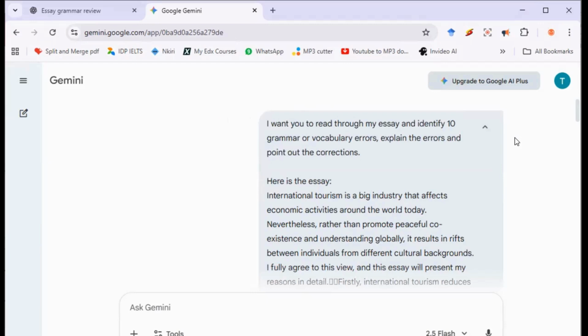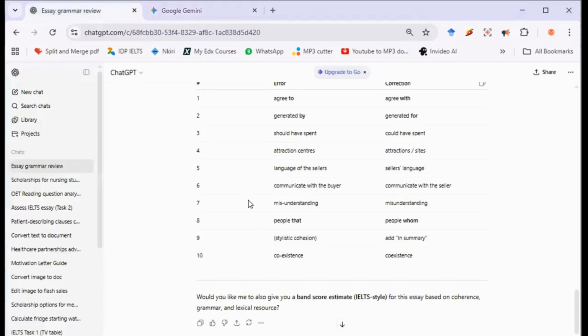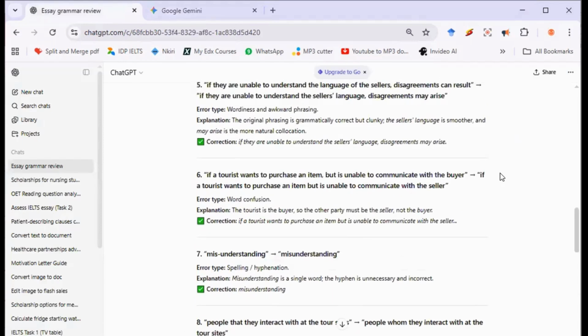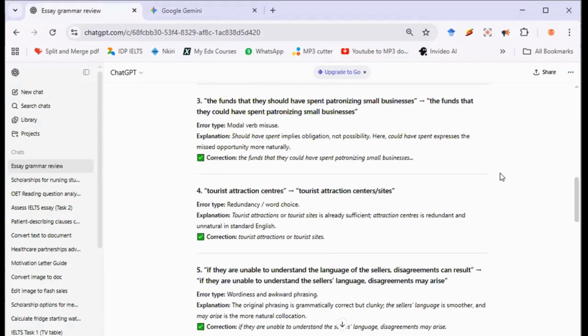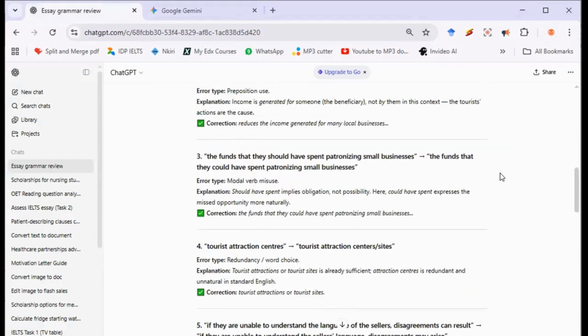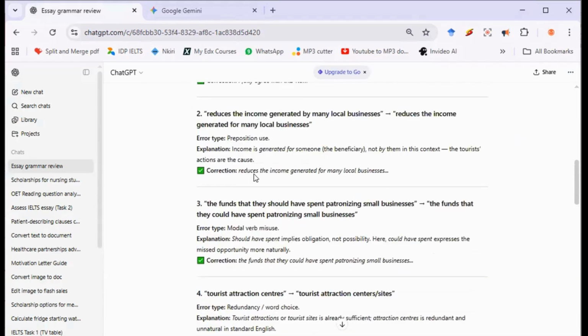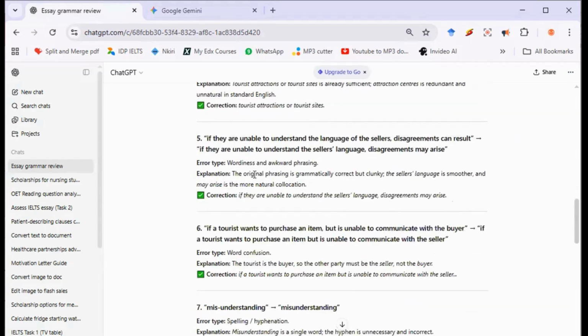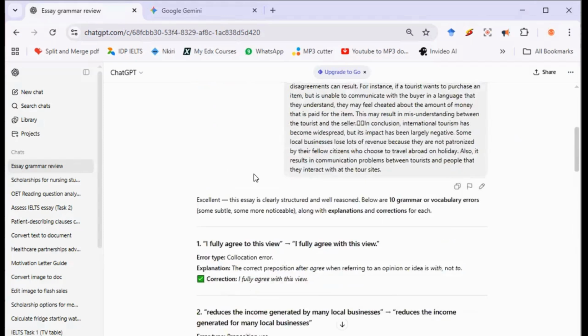So I think I prefer the way ChatGPT wrote it out. This way looks more, Abi, what do you think? Or what do you think, Uchechi? The ChatGPT looks more organized. Yeah, it looks more organized. It looks easier; you can easily pick the error here and go and correct it in your essay and understand better. So these are things that you can do that can help you to improve the quality of your writing.